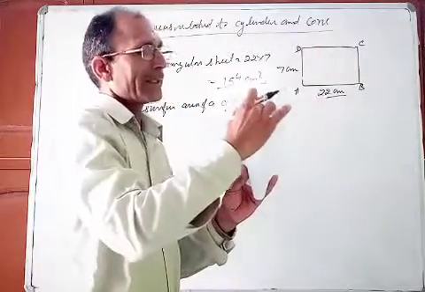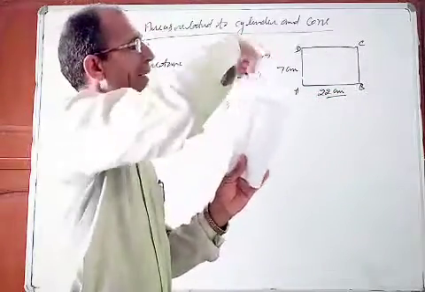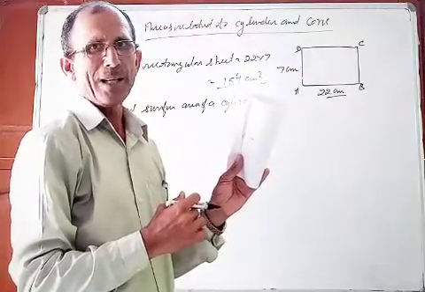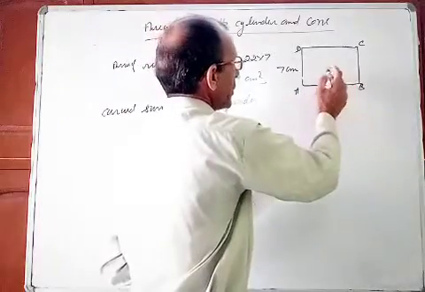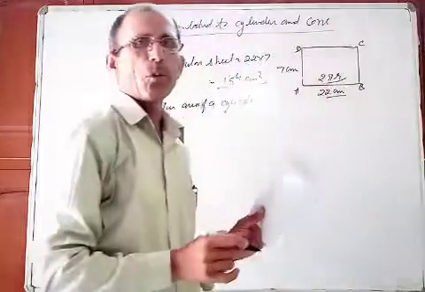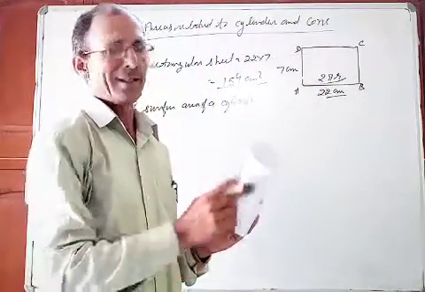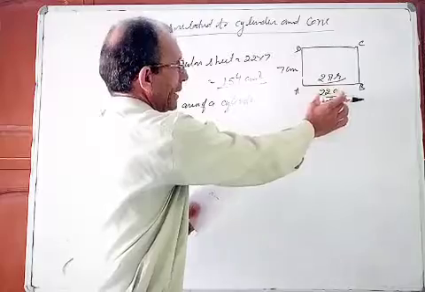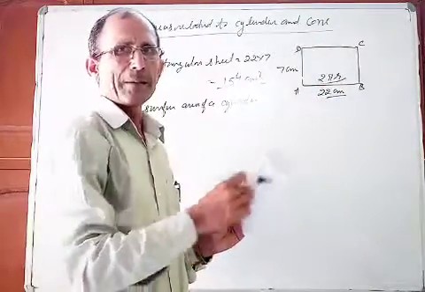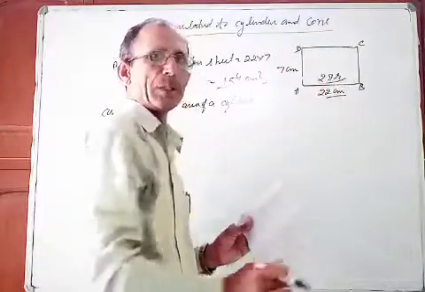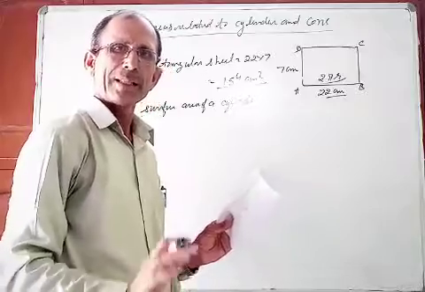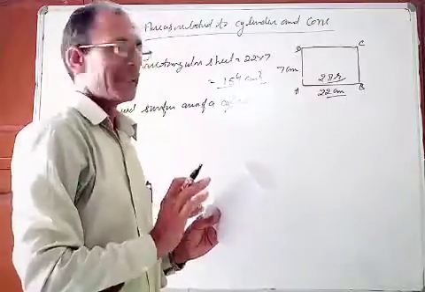This length becomes the circle, it means the circumference of the cylinder. 22 is the circumference. This length is forming a circle. So the length of the rectangular sheet becomes the circle of the cylinder, and the circumference of the circle is 2 pi r. So length is equal to 2 pi r.